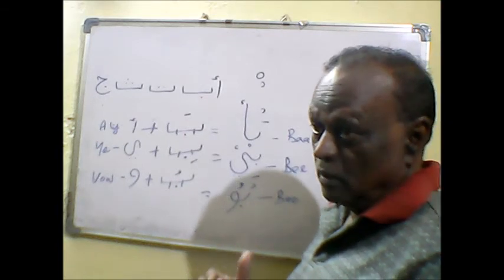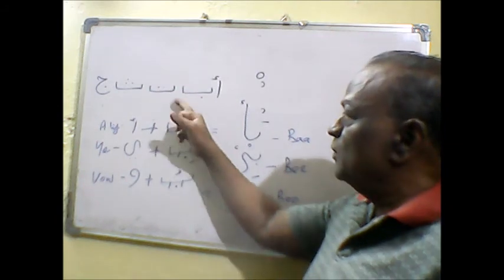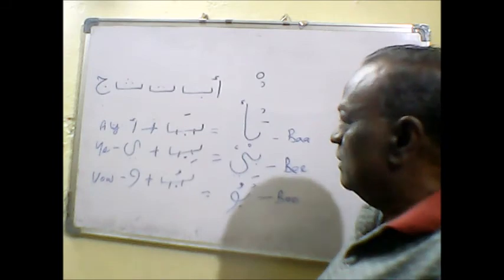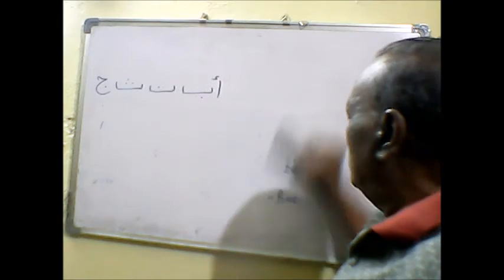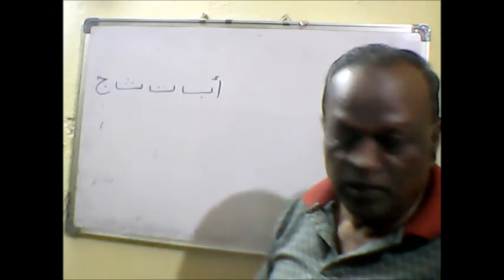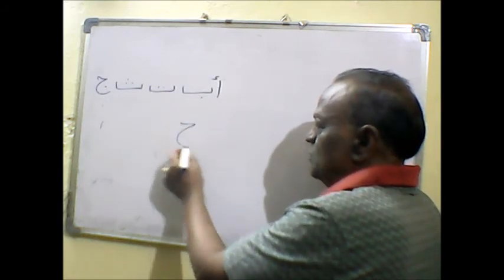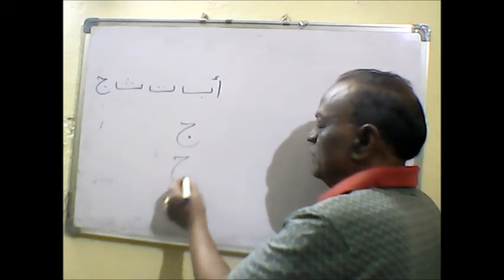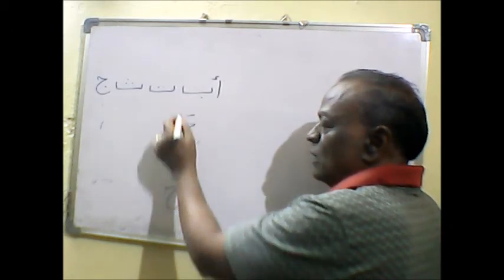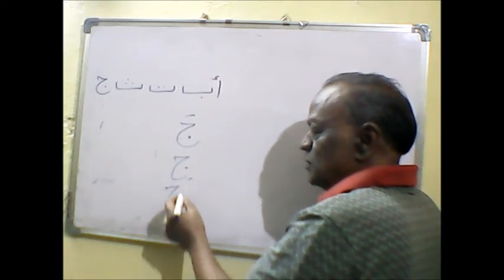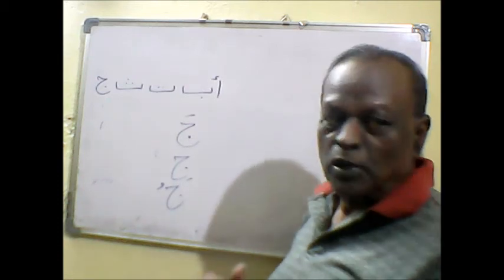Ba, bi, bu, ba, bi, bu, ta, ti, tu, ta, ti, tu. See, similarly, you can add tha also here. I'll put one more. Ba is over. We'll take the last one. A little bit strange sound is coming. Ja, before. This is Jim actually. We'll write it. If it is a fatha, it is ja. If it is a down stroke, kasra, it is ji. This is ju. So ja, ji, ju, it gives a short sound.